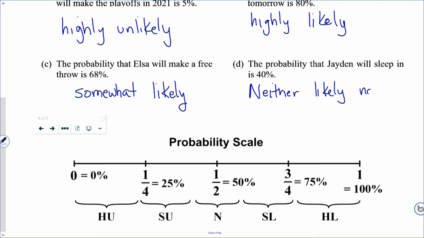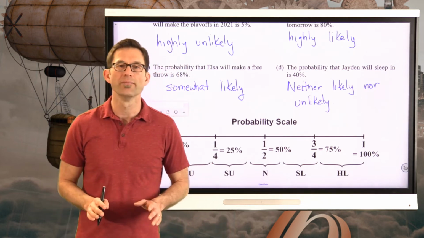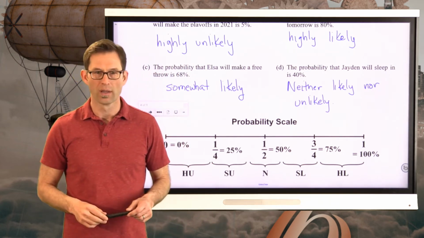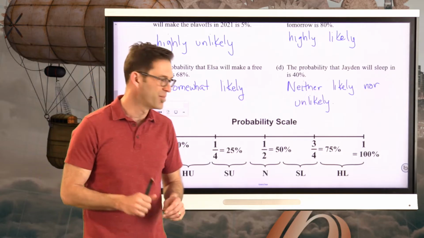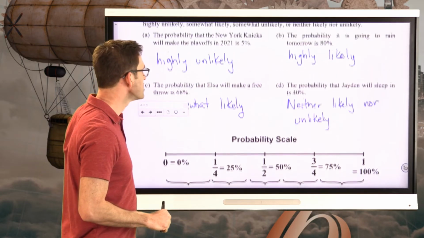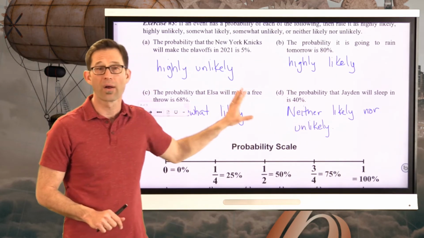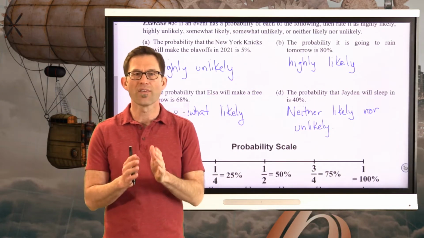Neither likely nor unlikely. Any probability that starts to get pretty close to 50%, right? And I think 40% is close enough, right? Is neither likely nor unlikely. Okay. So now these really are somewhat of a matter of opinion, especially when you get to that kind of